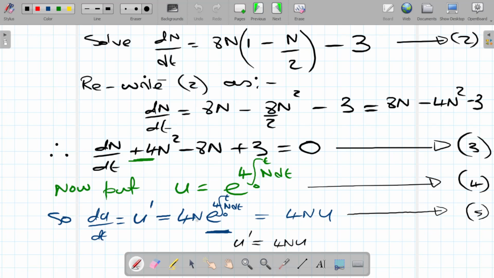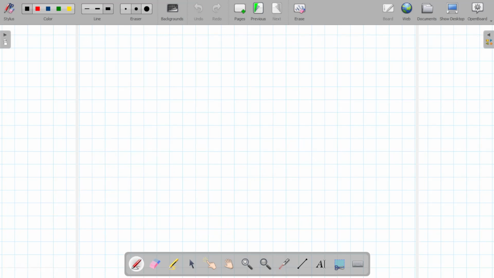So I'm just going to delete this line here, and I'm going to write equation 5 down here because we don't want to make any mistakes if we can help it. So if we go on to the next page,